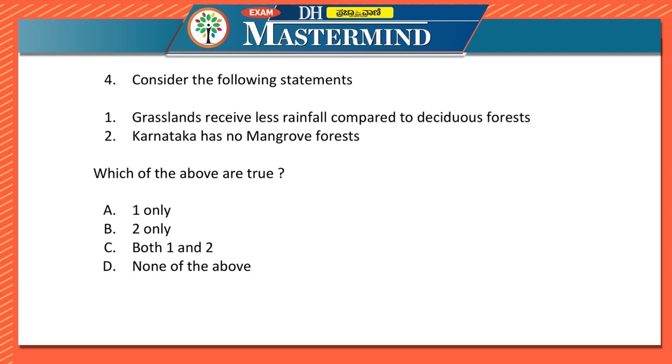Grasslands receive less rainfall compared to deciduous forests. The second statement says that Karnataka has no mangrove forests. Over here, the correct answer is A1 only, because Karnataka does have mangrove forest, and the first statement over here is correct. So when you consider grasslands,